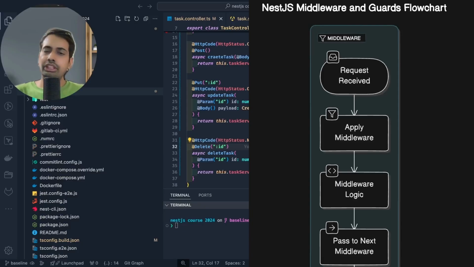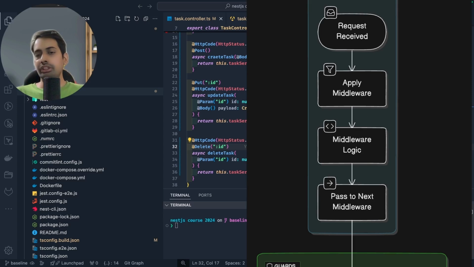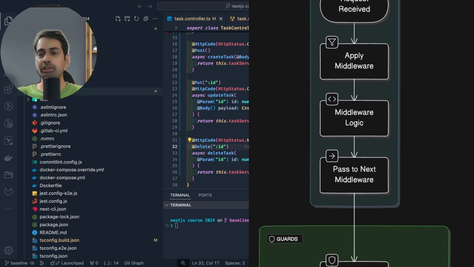So let's first talk about the middleware and the auth guards. How they work and how to write code. We already have our setup. We are going to add a middleware and we will try to see the middleware and the guards in our demo. So when the request is received, we will apply the middleware on top of that, right? If everything is fine in the middleware logic, we will proceed to the next. Proceed to the next means the middleware is passing the request and we are moving forward with it.